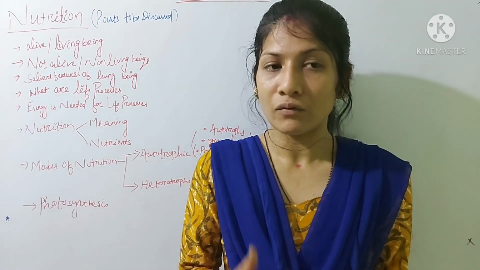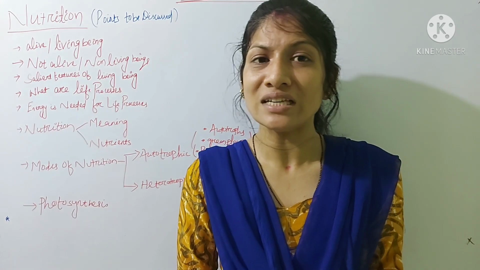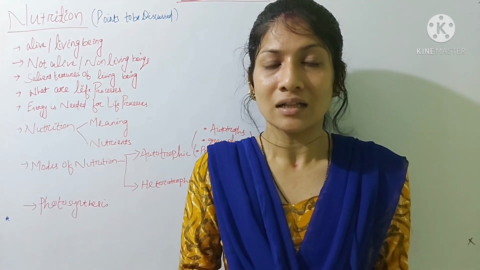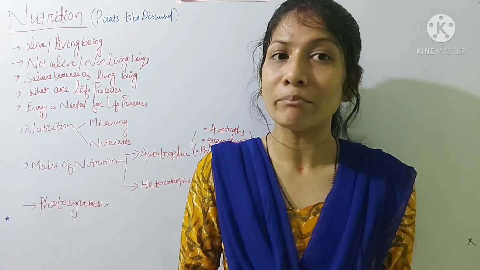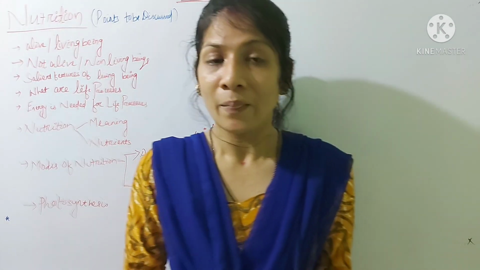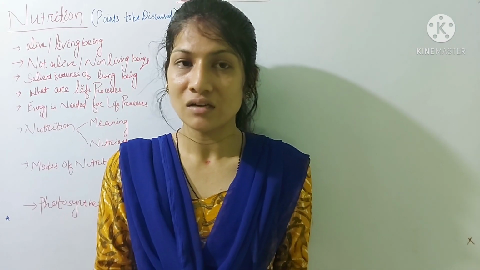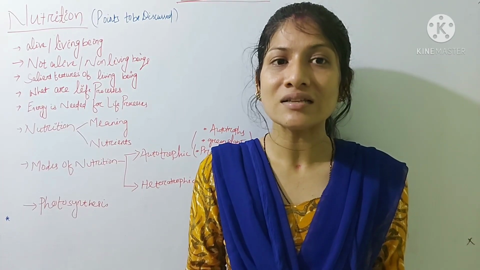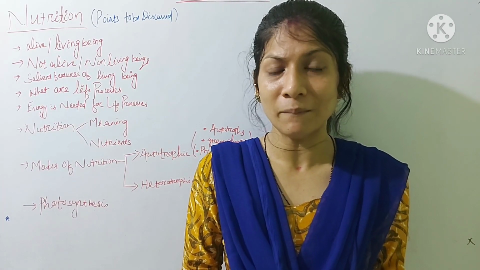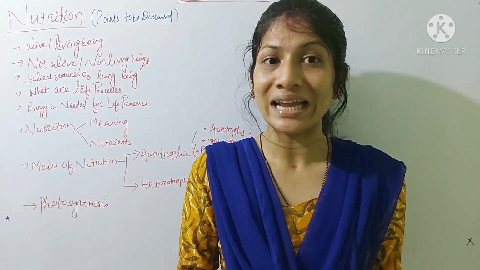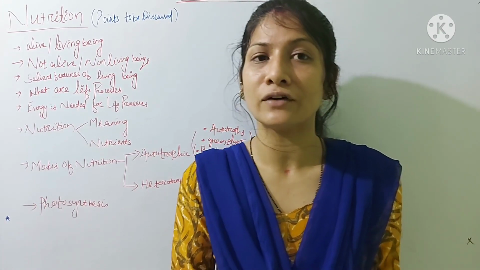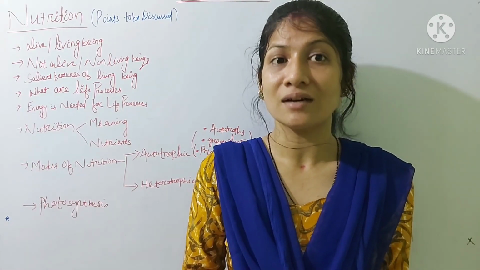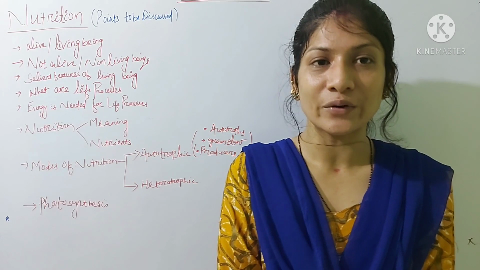Food is what we take. It is always in complex form. That means food may be simpler or may be complex. The simple food is glucose or the simple sugar or the simple carbohydrate. The complex food is starch, which we call the complex sugar or the complex carbohydrate. That means food is the basic requirement of the living organism. By eating the food, we get energy and we are able to do some work, some activities.